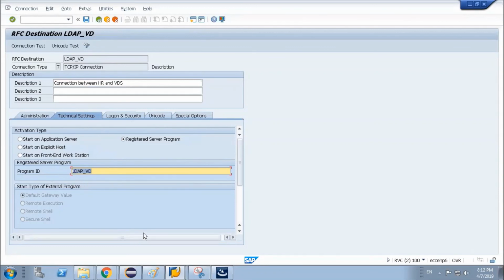Let me check. How to register a program in SAP Gateway?